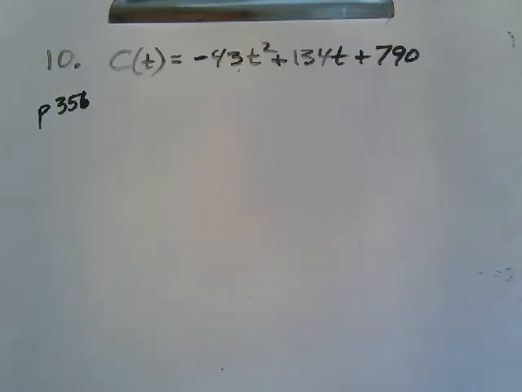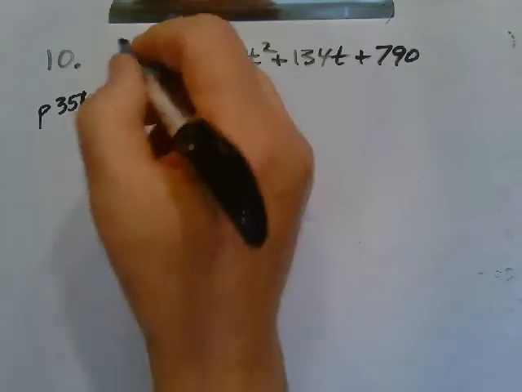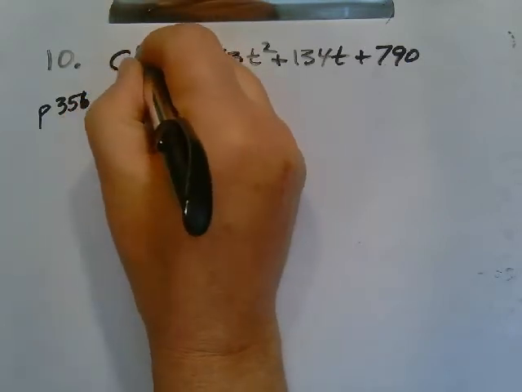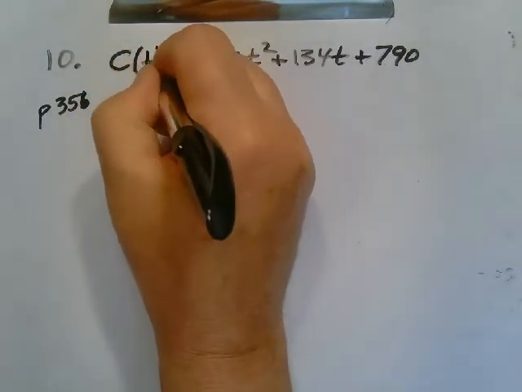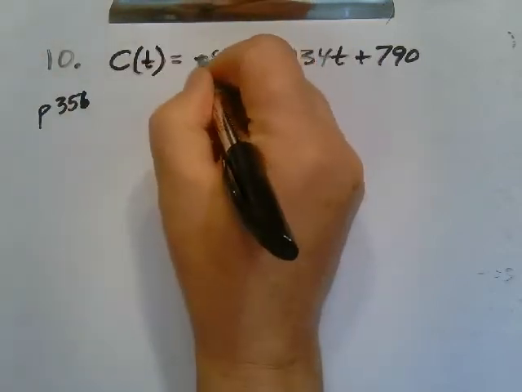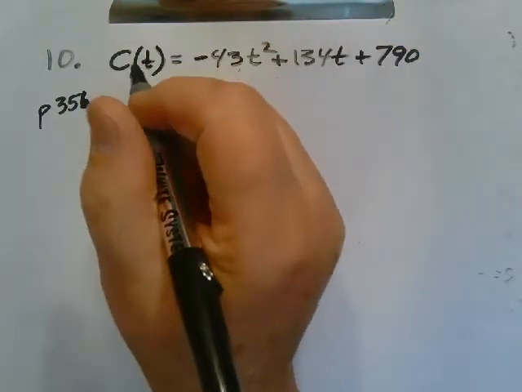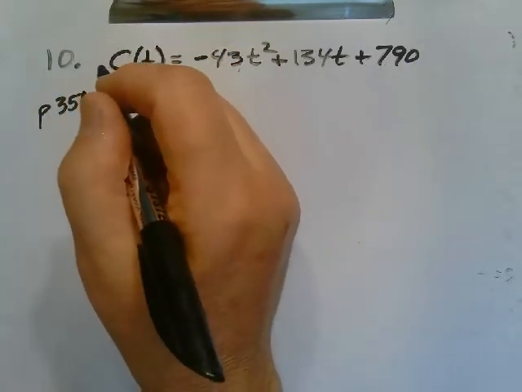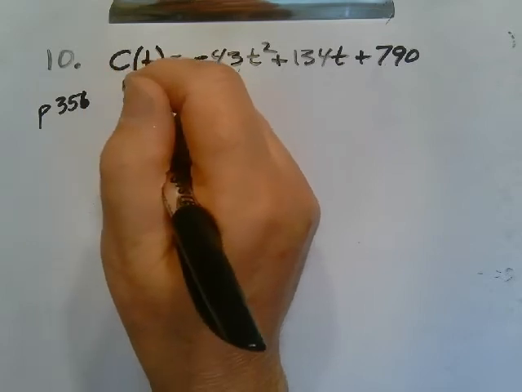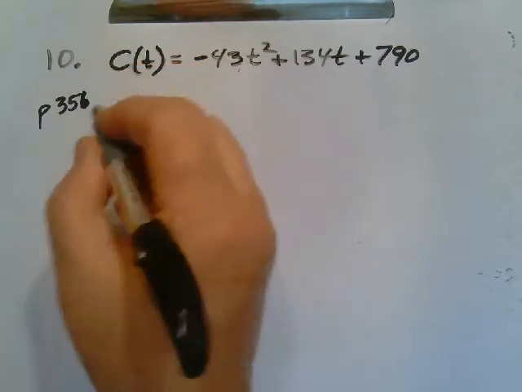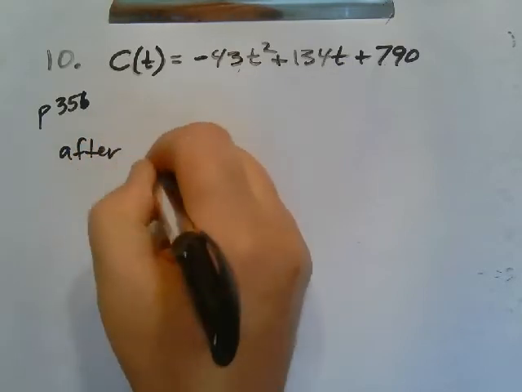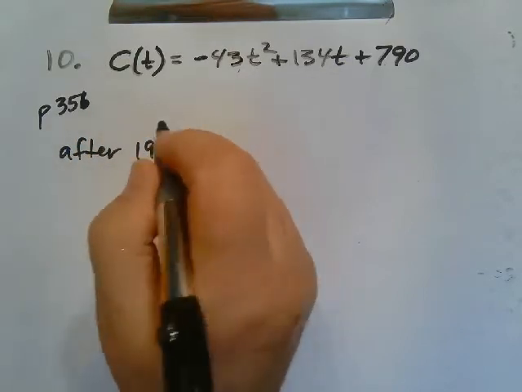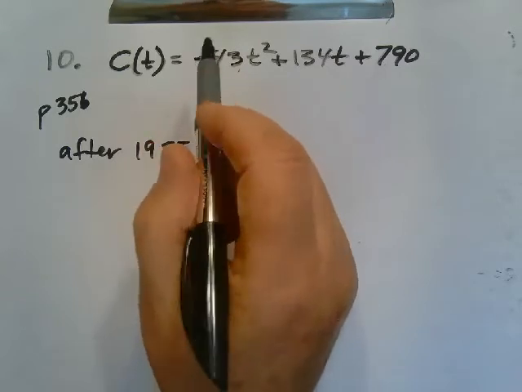All right, let's take a look at one of the story problems in your book here. I'm pulling this problem from page 356. You might need to go get your book out so you can read along here. I'm going to read it out loud, but you're probably going to want to follow along. So just pause and go get your book and then come back, okay? All right, this is problem number 10 on page 356. The number of cable TV systems after 1985, it says, can be modeled by the function shown here,